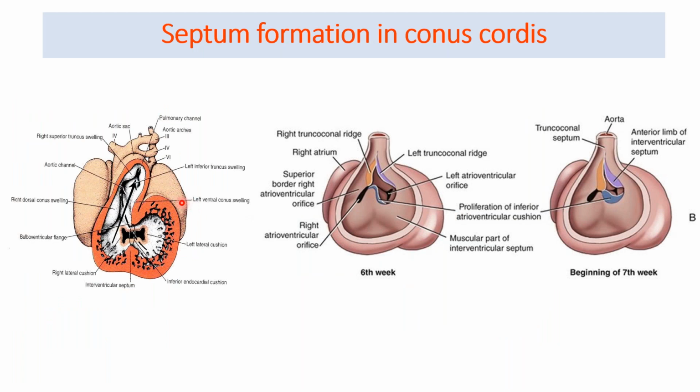So this is how both the septa will appear in this picture we had already seen. Now let's see in this particular model how, through the conal part, the right and the left conal cushions arise. Basically, these conal swellings and the conal septa are going to fuse with the truncal septa. So this is how both conal swellings are appearing in this picture as well.